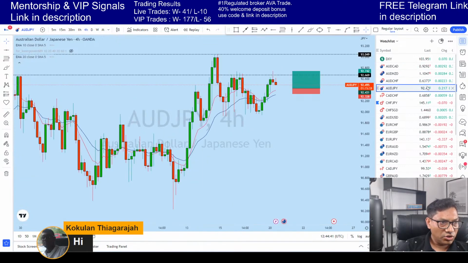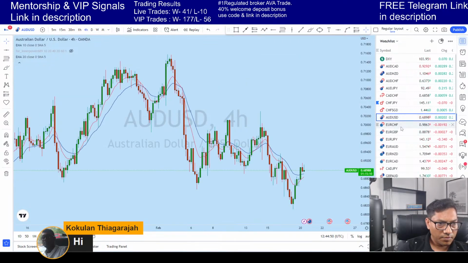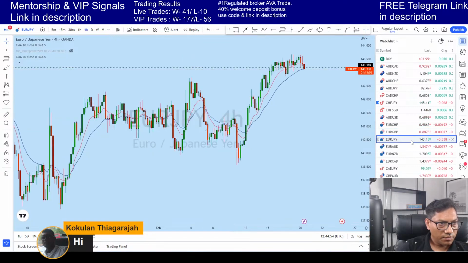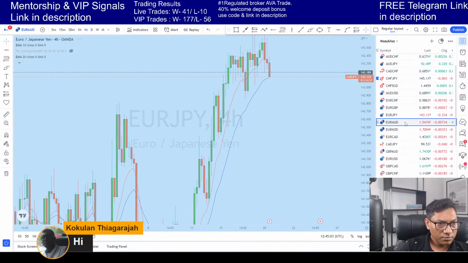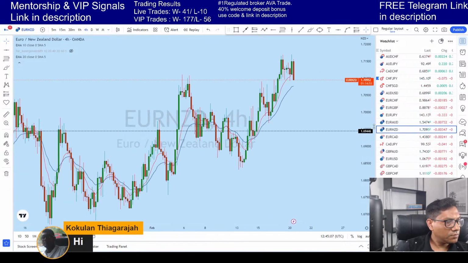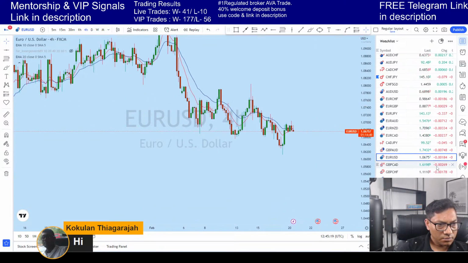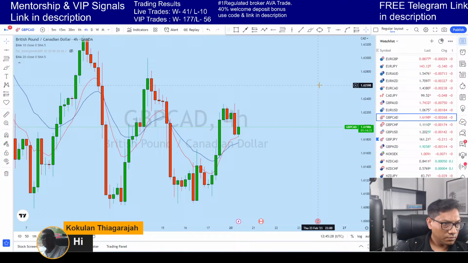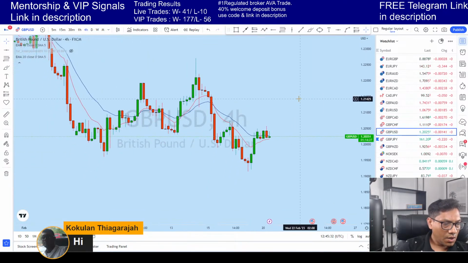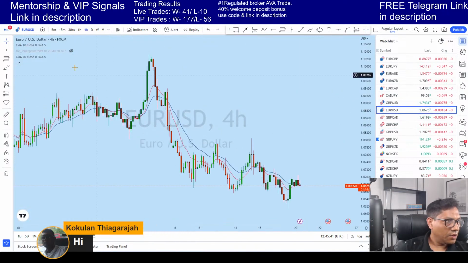So looking at some other instrument, just looking at all of them. Okay, so we see that most of the USD pairs, such as GBP/USD, EUR/USD, due to the